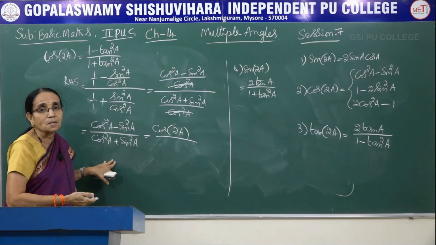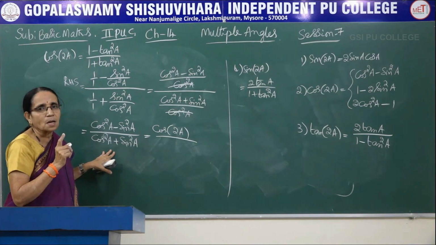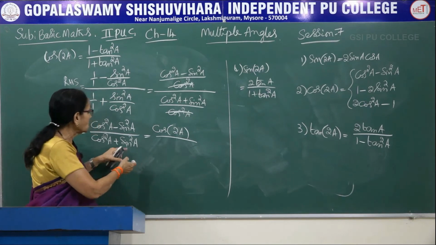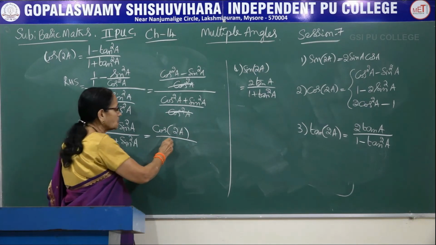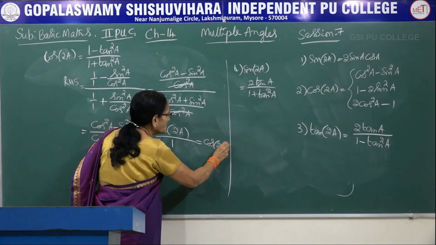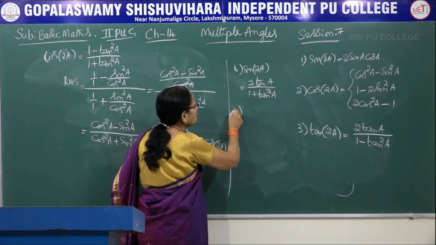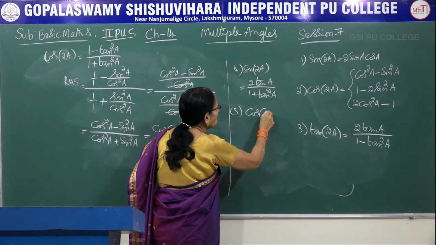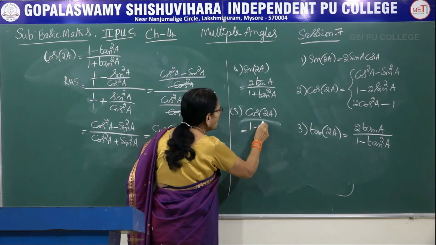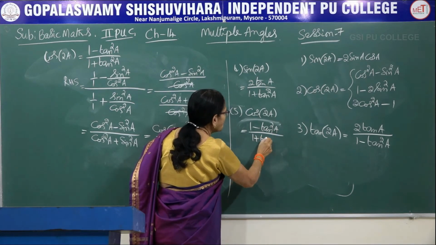Denominator, again it is nothing but the first identity of trigonometry, sin square theta plus cos square theta equal to 1. In the place of theta, I am having A here. Therefore, sin square A plus cos square A, that would be 1. Hence, it is cos of 2A, which is nothing but the left hand side. So, let me take it as the fifth formula. Cos of 2A can also be written as 1 minus tan square A divided by 1 plus tan square A.